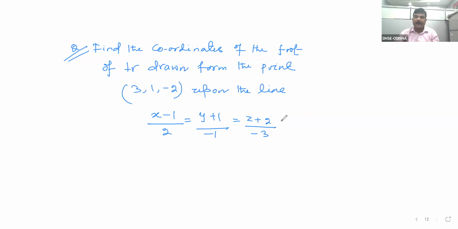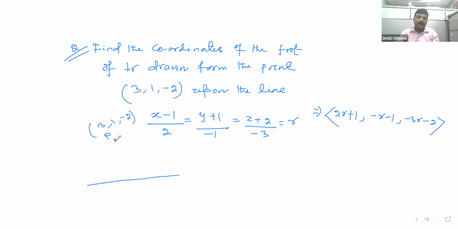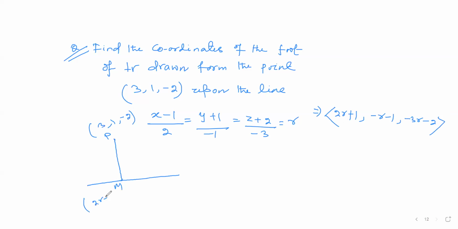Let the proportionality constant be r. So the coordinates of any point on that line will be (2r+1, -r-1, -3r-2). So this is the line L. This is the point P having coordinates (3, 1, -2). Let M be the foot of the perpendicular. So the coordinates of M are 2r+1,